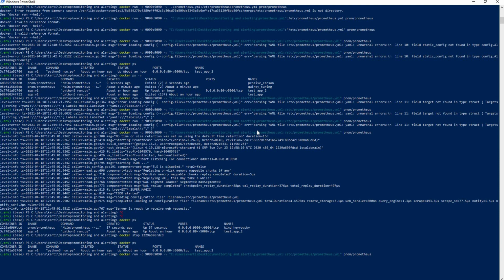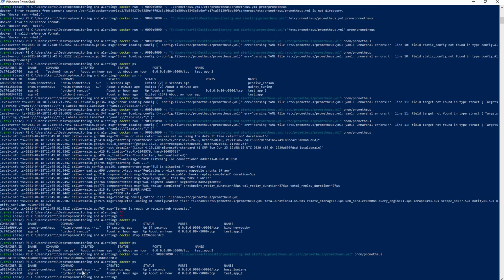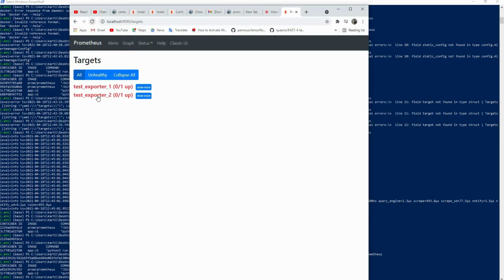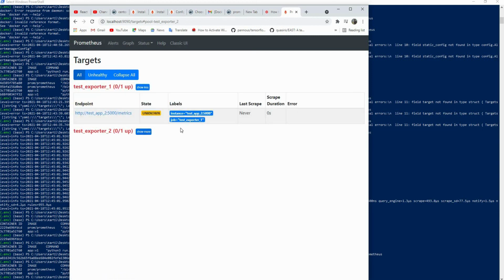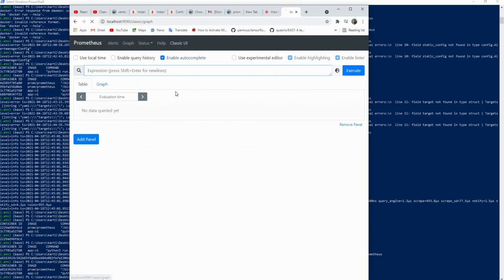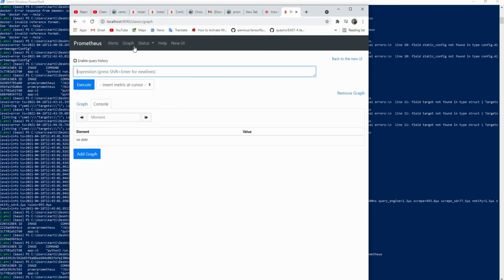So docker run -t, and if I do docker ps, I see Prometheus is running. Port 1990 has been bound. And if I refresh this, yeah, there you go. Now I have two exporters, but they both are not up because it's pulling from somewhere which is not up. So great. Now we have our Prometheus running.